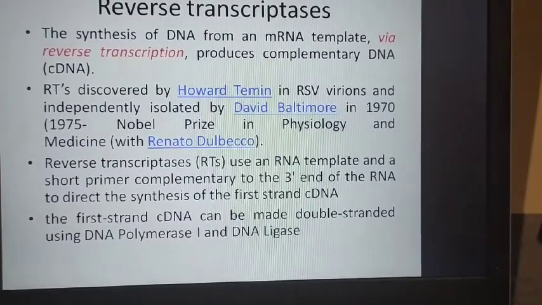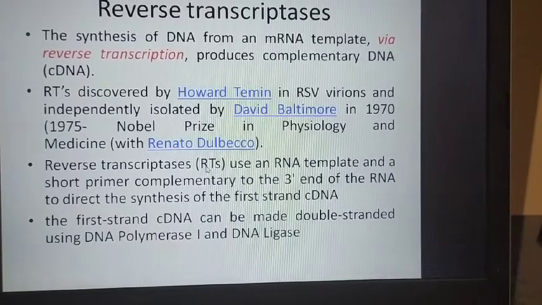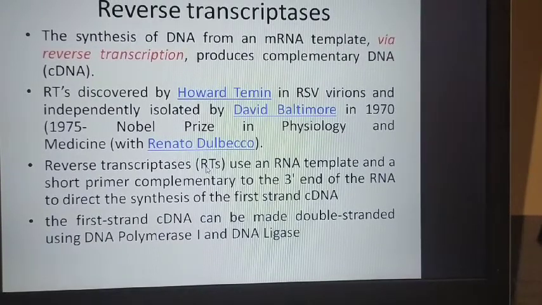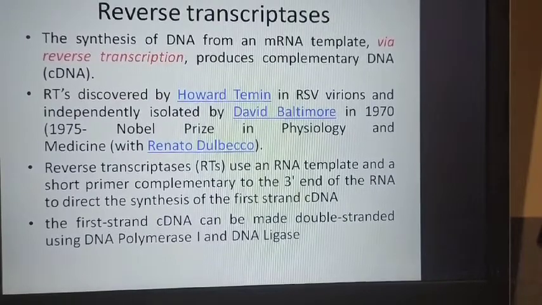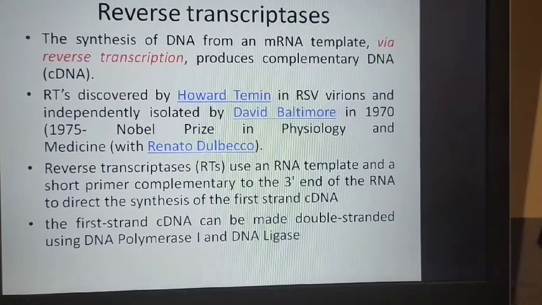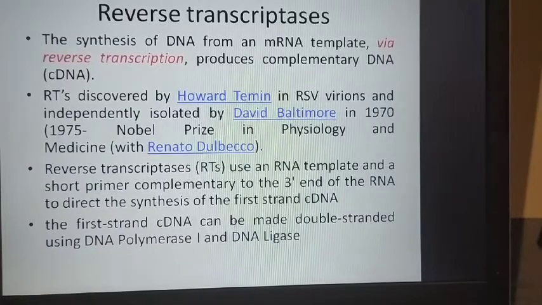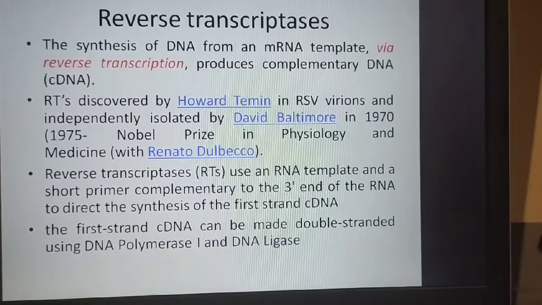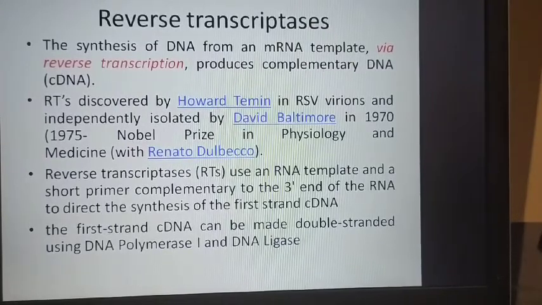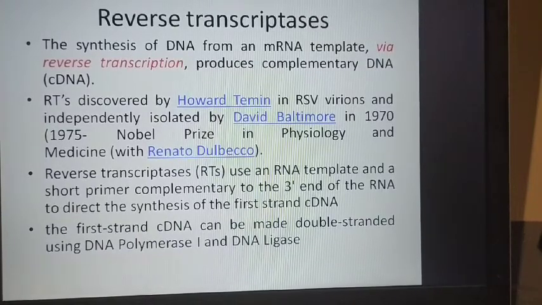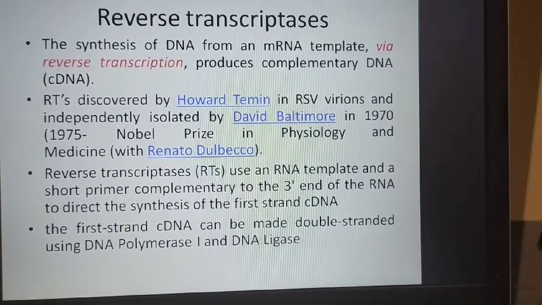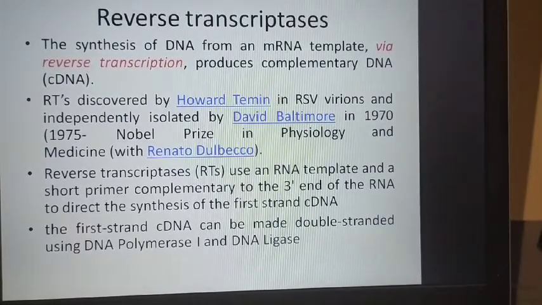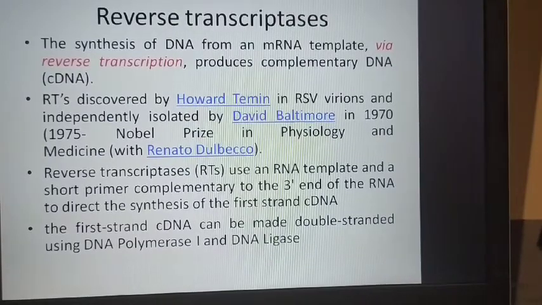So the advantage is that a gene will be having both intronic and exonic regions, and most of the regions are intronic, that is non-coding. The size of a gene matters in recombinant DNA technology. When you take it to a host cell or when you link it to a vector, we are not assured whether the vector will be able to carry a big size of that foreign DNA. So you always like less luggage. That is, you always like a gene which is having only exonic regions or coding regions.